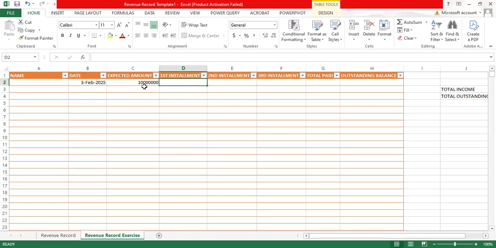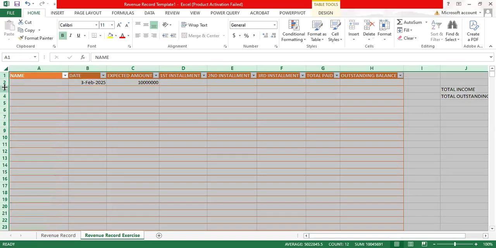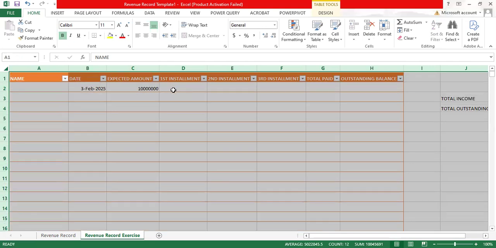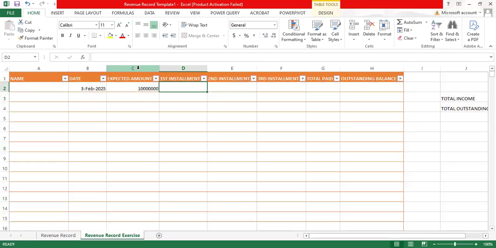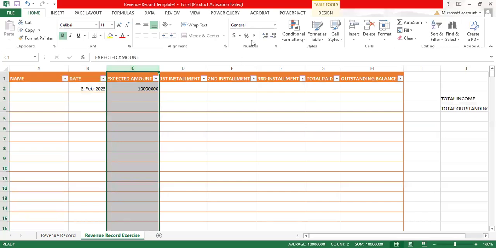Sorry, I also would like to open up the row width. Okay, so select that and open up the row width so that it will be a bit wider. Good. All right, so you click on column C and click the comma delimiter. You can see now you can appreciate the value, the amount you typed without making error where there are numerous zeros. If you want to remove the decimals, the 2 decimal point there, you click on decrease decimal,